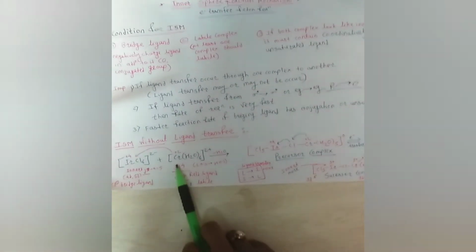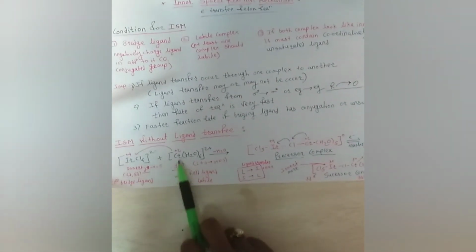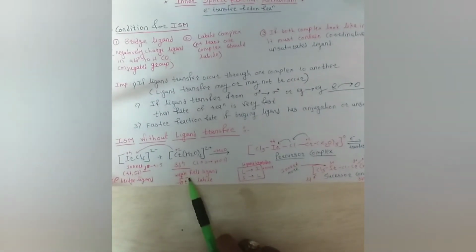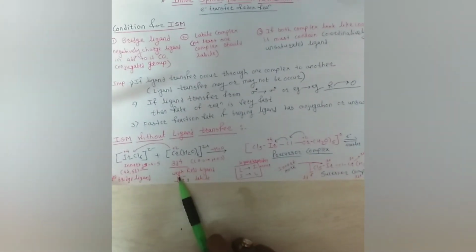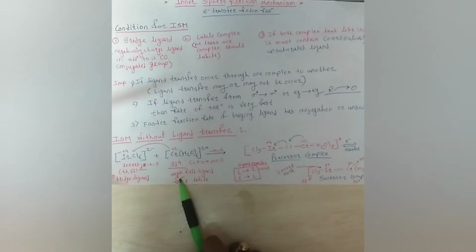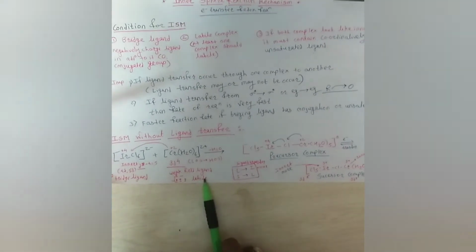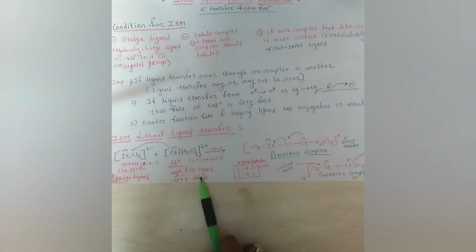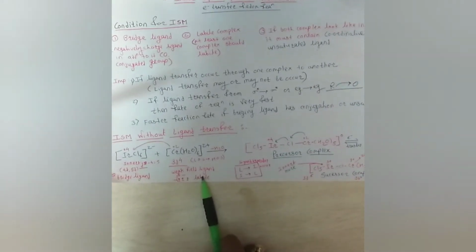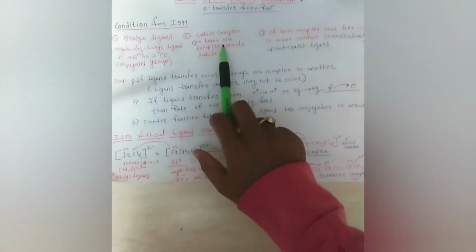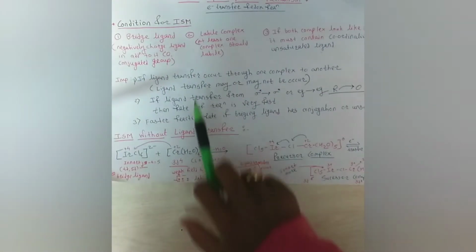In the next complex, Cr(H2O)6 2+, chromium is a d4 system. In this particular case, the water molecule acts as a weak field ligand. So one electron is present in the Eg orbital and therefore it is a labile complex. So the second condition of the inner sphere mechanism is completed, as we already saw that a labile complex should be present out of the two.